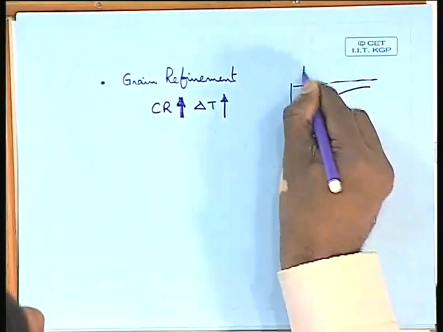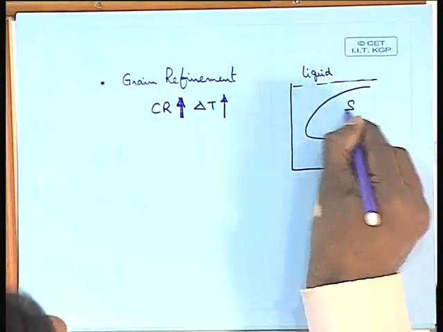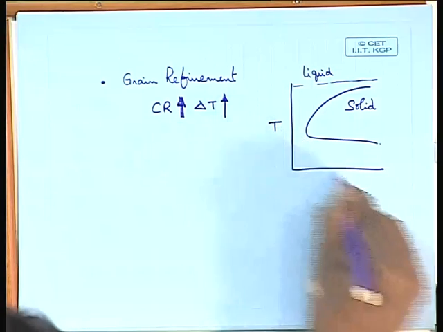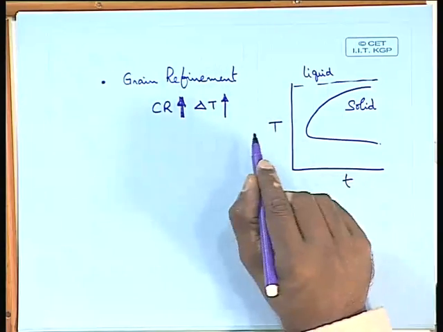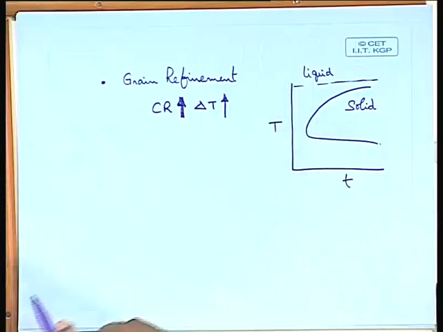Let us imagine that there is a liquid here, there is a solid, nucleation. This is the standard temperature time diagram which we all know about. When we talk about austenite to pearlite, we talk about this regularly. So if you look at this, you can see from here the time required for the nucleation or for the start of the solid formation keeps on decreasing